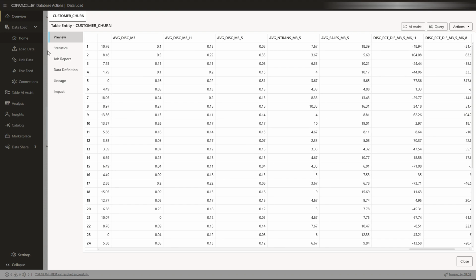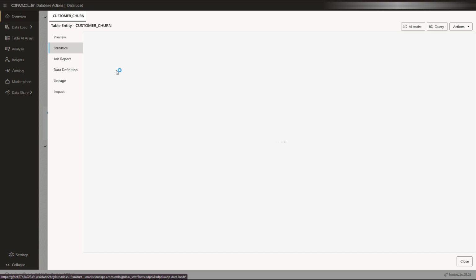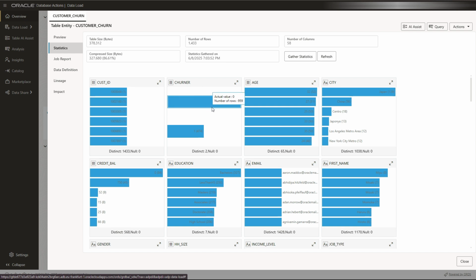Let's see some statistics on this table per column. Customer ID, whether they will leave the company or not, has left the company or not. We have a table with 1433 rows. Each row is a unique customer. In order for our AutoML to work, we need one customer per row and have all the information aggregated in one row. And we have 58 columns. Age, city, we have seen these columns before.